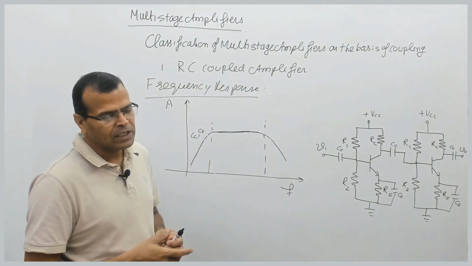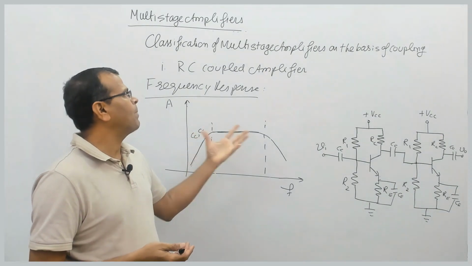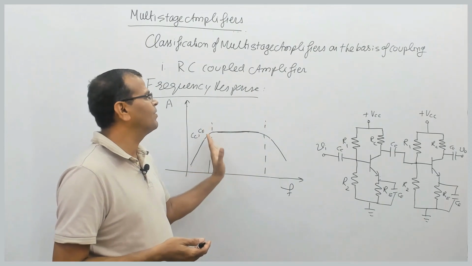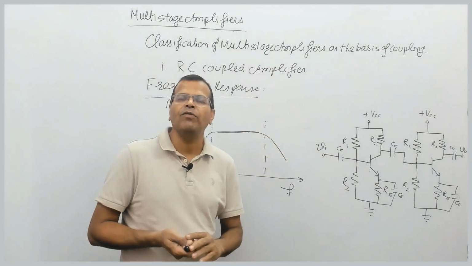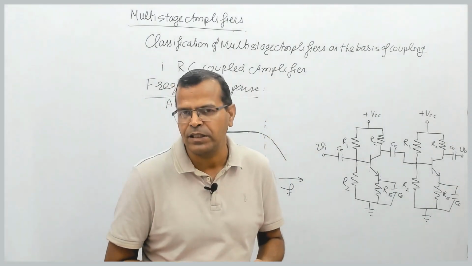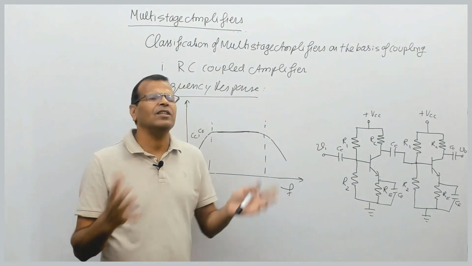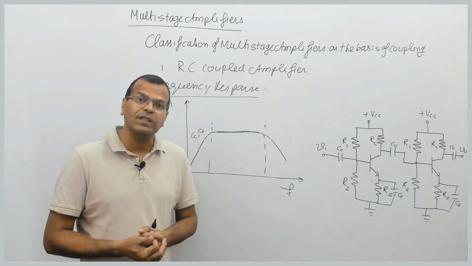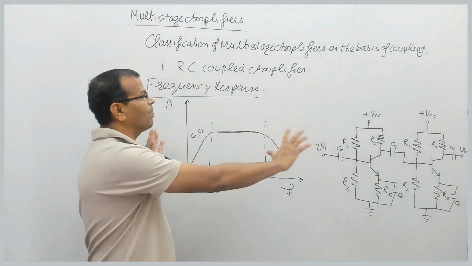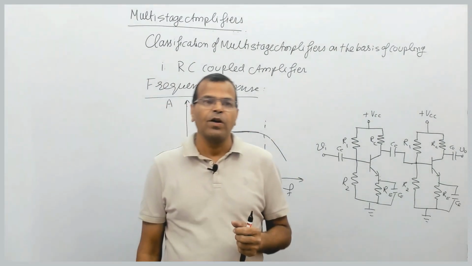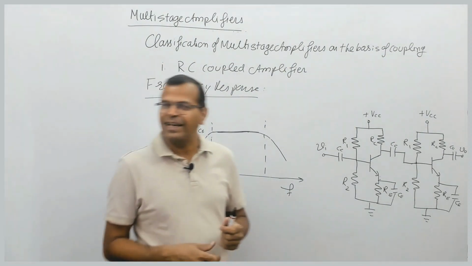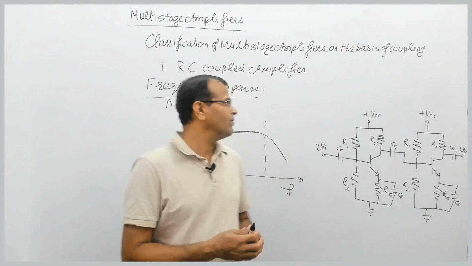Fine. So these are the applications, advantages, disadvantages, the frequency response and circuit diagram of the RC coupled multi-stage amplifier. This is just a theoretical type of topic, but there are many questions in engineering services and GATE exams from this much topic. So in the next video, I'll be talking about the transformer coupled amplifier and then the direct coupled amplifier. So just wait for my next video to come.